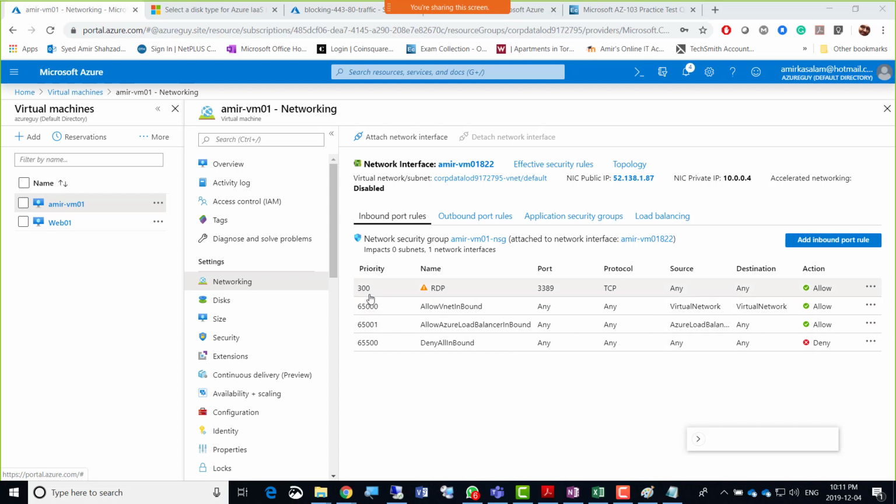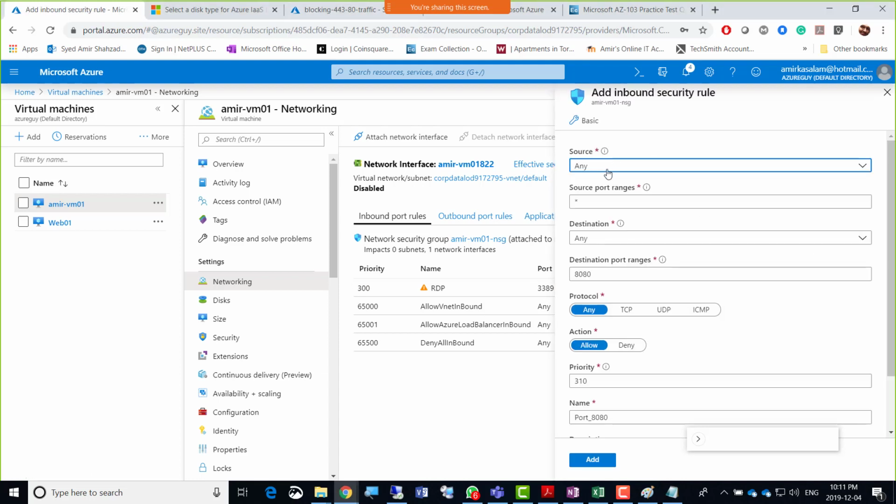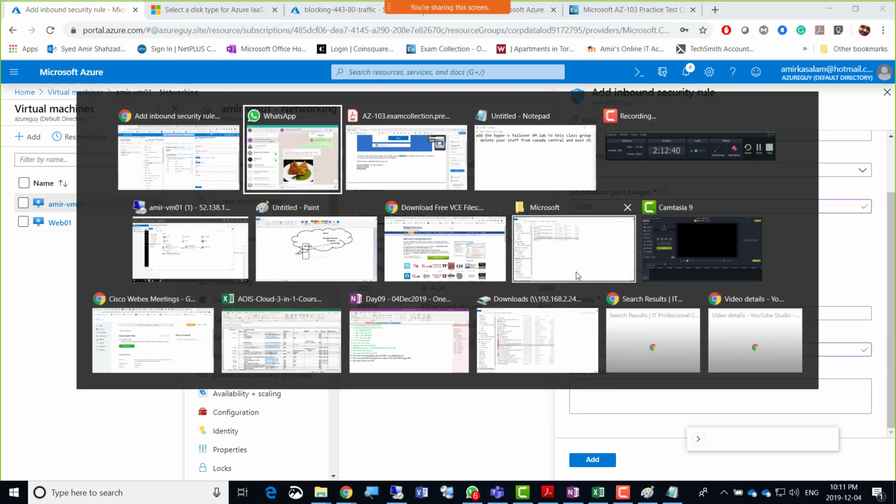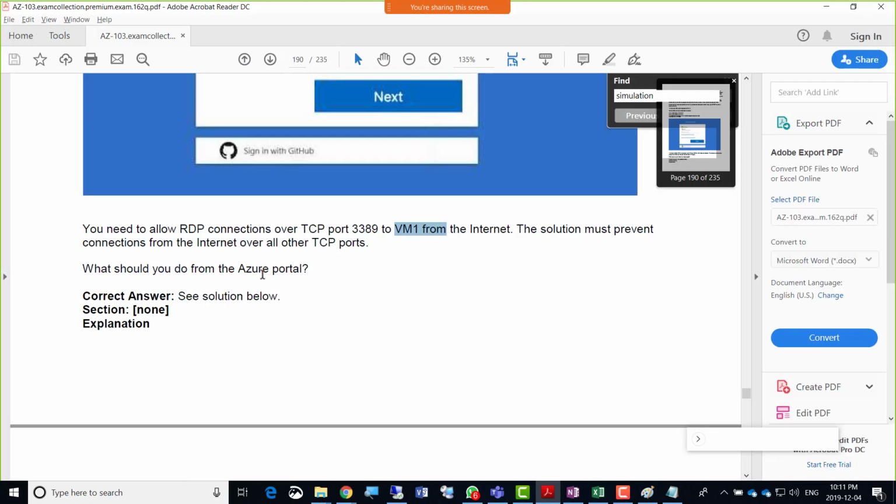Okay, guys. So here, the RDP connection is already there. It is allowing over the internet, and it is not allowing any other traffic because you add only the 3389 port. If you had to do that, just click Add inbound port rule here, and go for any traffic from any IP, and the destination port range would be 3389. And it will be RDP. I'll just name it RDP1 because I already added that. That's all you need to do, because it's not going for any specific thing other than that, right?